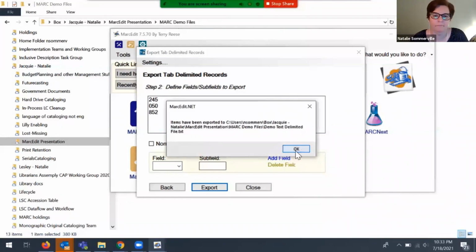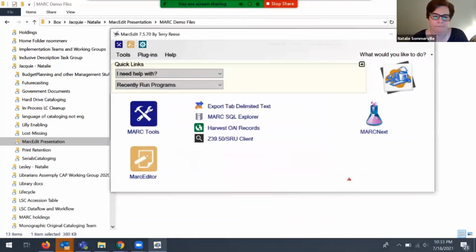And click OK and close. And at this point, I will have a text delimited file, which then I can use Excel to open, and it'll provide a view of the data for me that helps me with further evaluation and assessment, or to parse out records for catalogers on my team to help me evaluate.